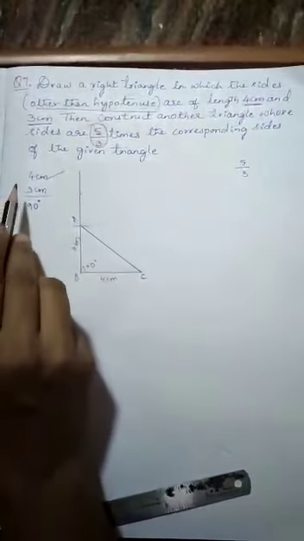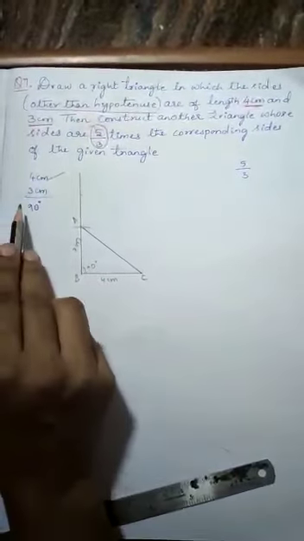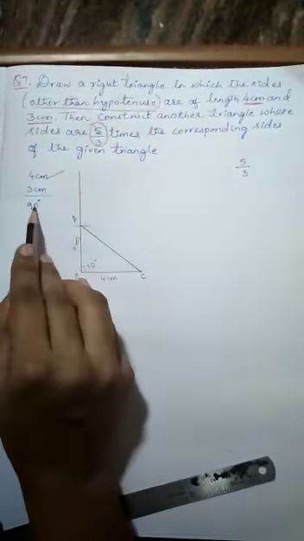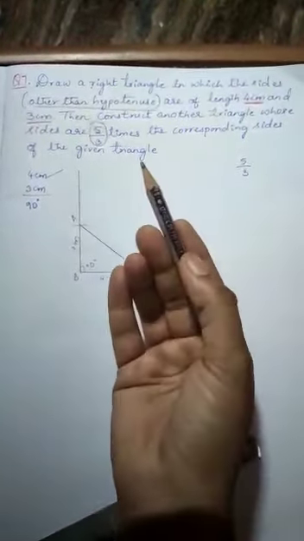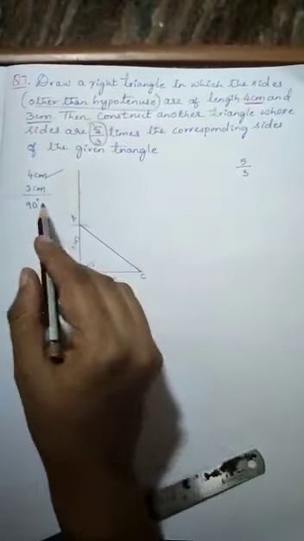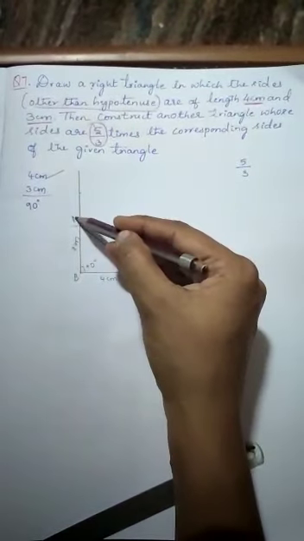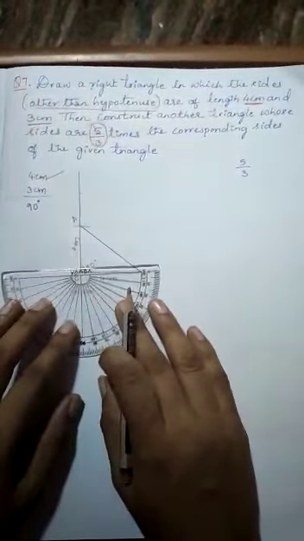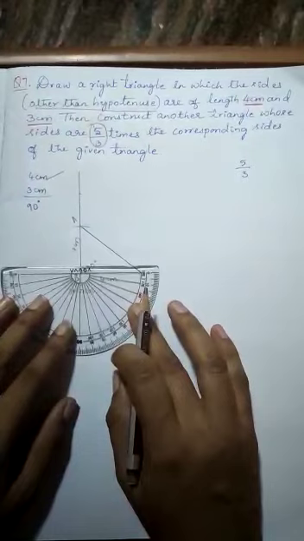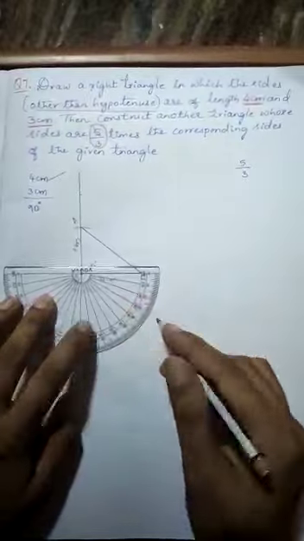So 4 centimeter, using the data, select the greatest one. So the base is 4 centimeter, and a right triangle is nothing but one of the angles is 90 degrees. At B take 90 degrees using a compass or using a protractor. Then measure 3 centimeter in your compass. From here you cut an arc. Then name it as A. Then join AC. Again the same steps. Take an acute angle from B, the same as it is, 45 degrees.